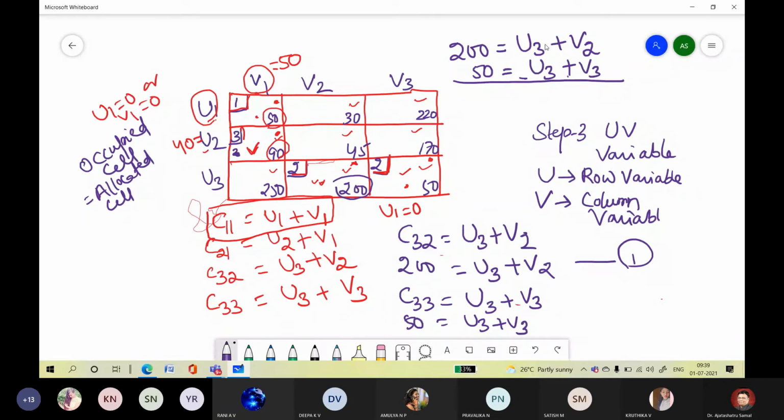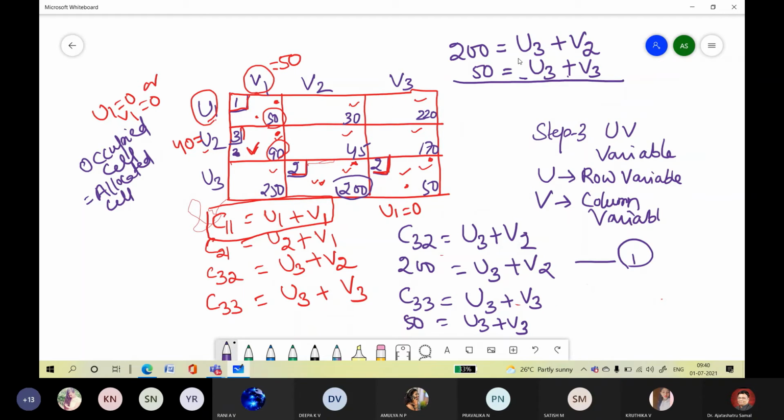We need to calculate a variable. If you are not able to calculate a variable, we will not get the outcome. That is the thing. So we need to do one thing here. Y is not getting. We need to calculate the variable. Somewhere we have made mistakes. Now we got V1, U2. So we need to calculate all the variables, so we need to do the equations. 1, 3, 2, 2. Okay, correct. Somewhere we are missing one allocated cell value.